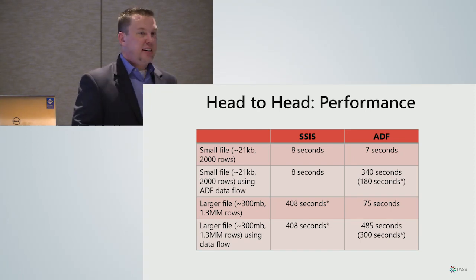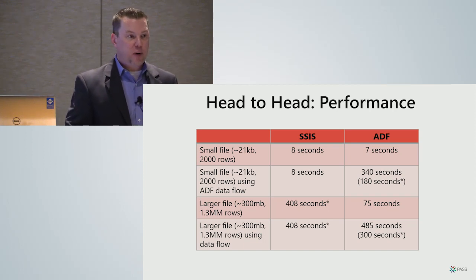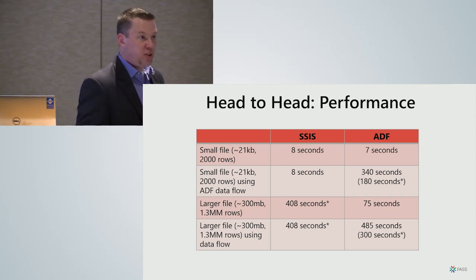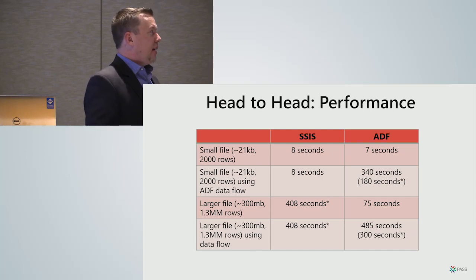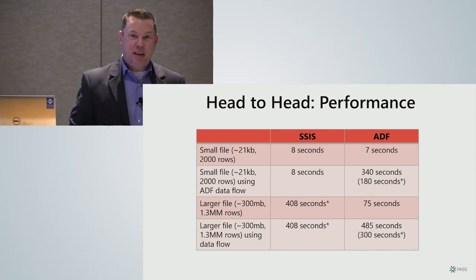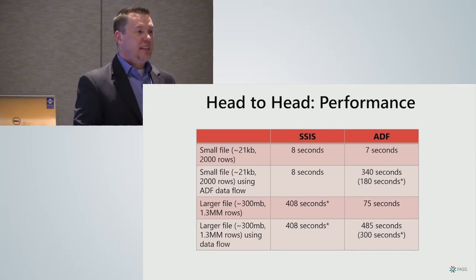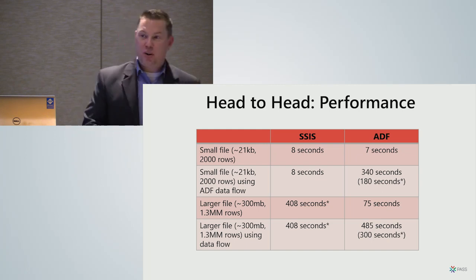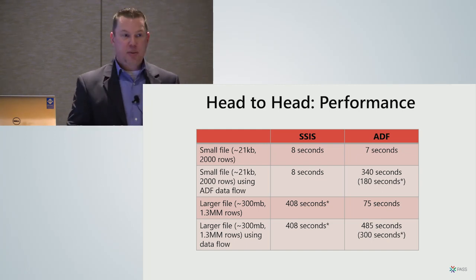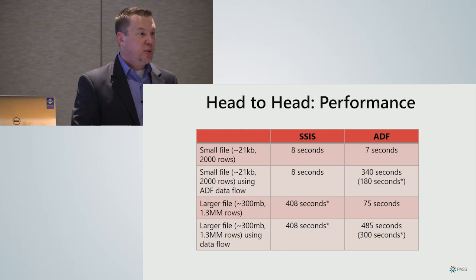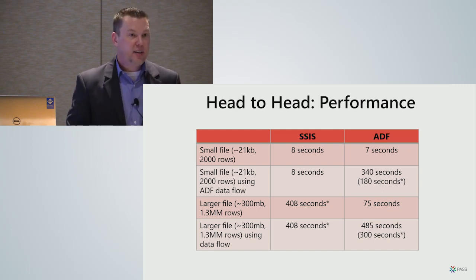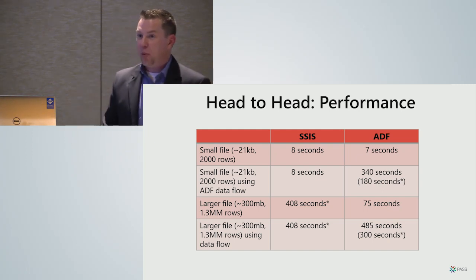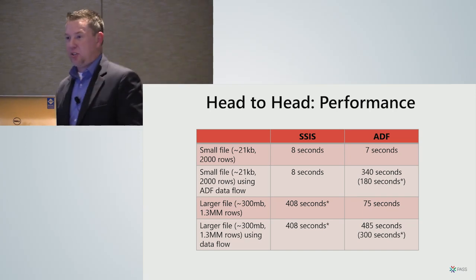But on the 75 seconds, with that copy operation, we can see that that's going to be a lot faster than the data flow because it's not doing any sort of transformation whatsoever. So I think the only blanket statement that I can make about performance on that is the data flow right now, under its current configuration, is going to run slower than the copy operation. So if you can get away with just doing a simple copy, by all means do that. If you need the data flow, use it, but be aware that there are some performance limitations on that.